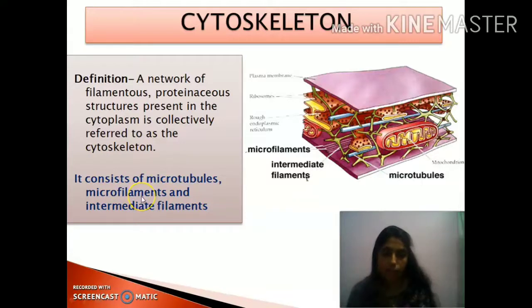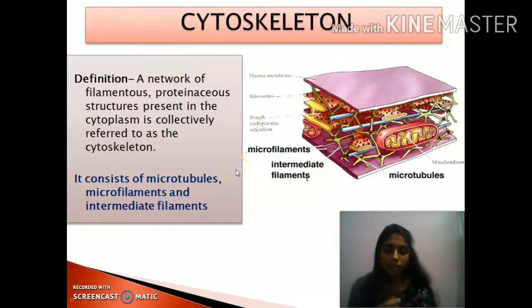Microtubules mainly help to provide shape and structure to the cell. Microfilaments mainly help to transport different types of cell organelles within the cell, or help the movement of different types of cell structures within the cell. And the intermediate filaments as a whole support all other types of filaments, like microtubules and microfilaments. That means these two types of filaments are supported with the help of the intermediate filaments. These are some branching like network which supports the other types of structures. So these three filaments constitute the cytoskeleton.